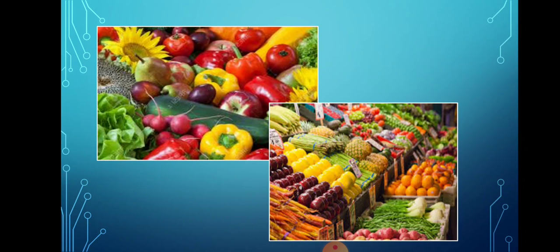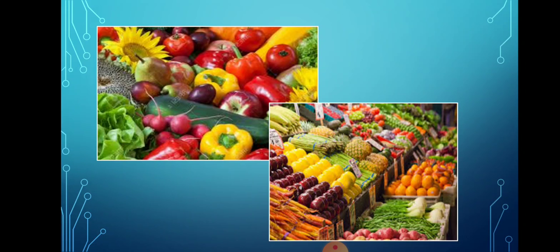Before moving on to that, I just wanted to talk about how we come across various objects in our day to day life. Yes, the kind of food we eat, the clothes we wear, the furniture that we use in our house, the utensils that are used in the kitchen. All these things that we come across are the objects that we use in our daily life, and there is a particular place fixed for keeping them.